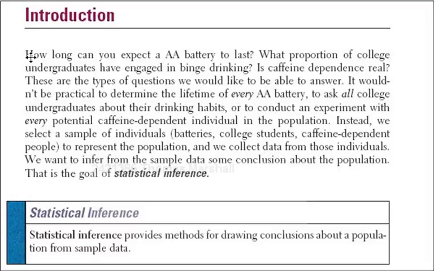You've got questions they pose. How long will a battery last? What proportion of a college population will binge drink or do anything? So you have some statement, and then a confidence interval is simply this. You state a level of confidence. I am 95% confident, typically, that the true population parameter, either the proportion or the mean, is between two numbers. So the two numbers are the interval, but every confidence interval also comes with a level of confidence.